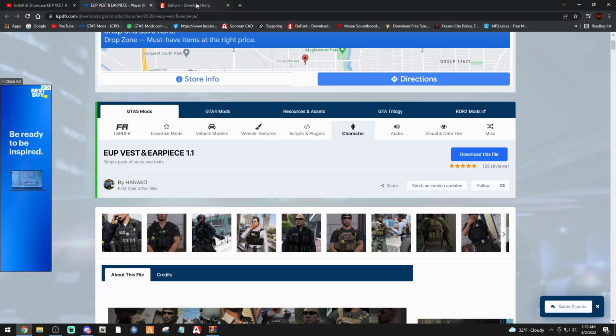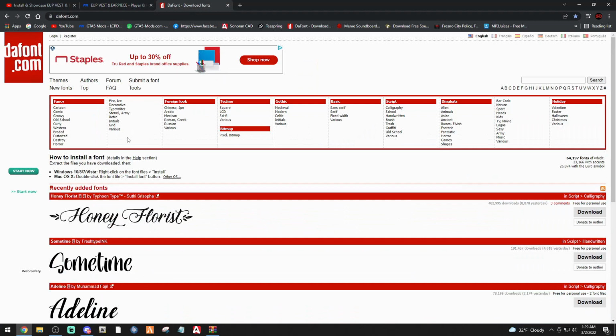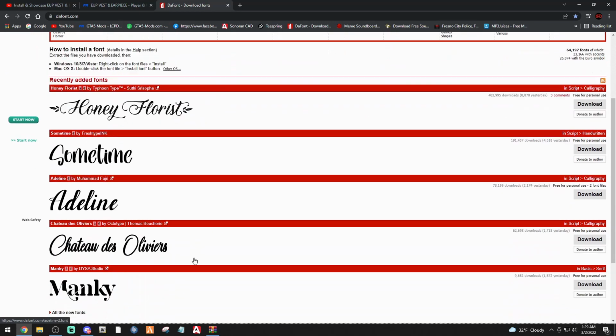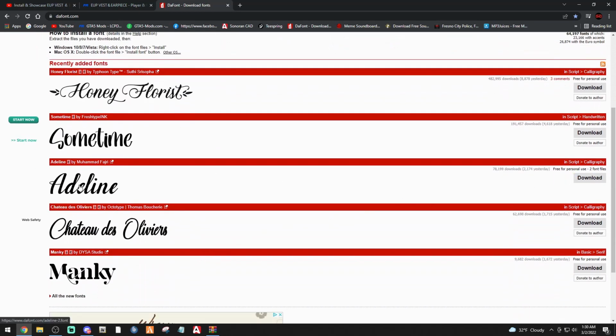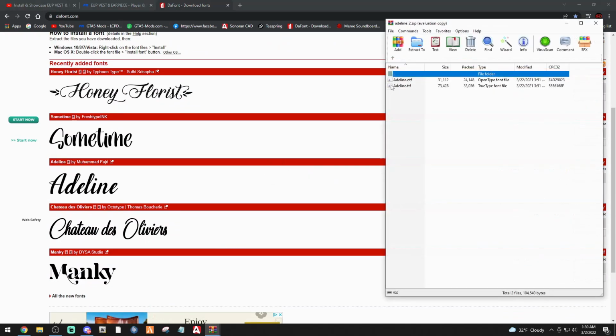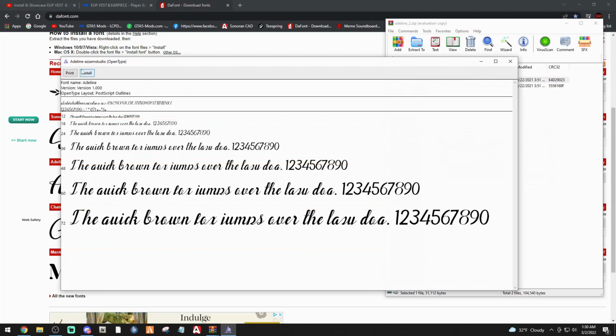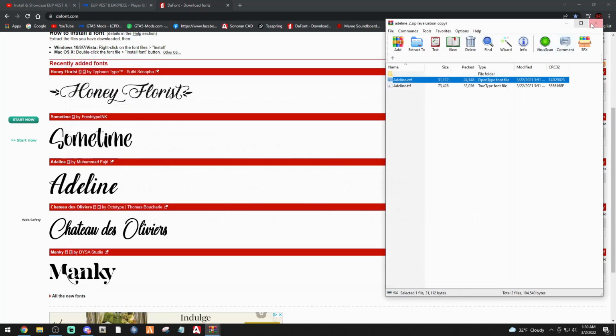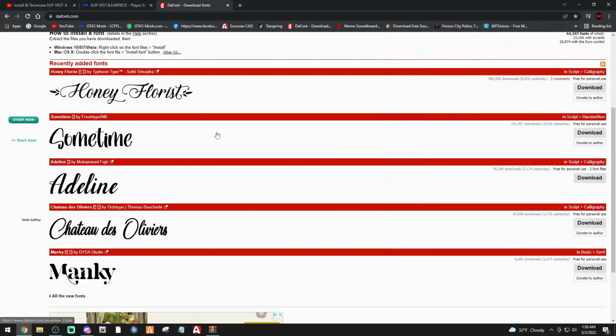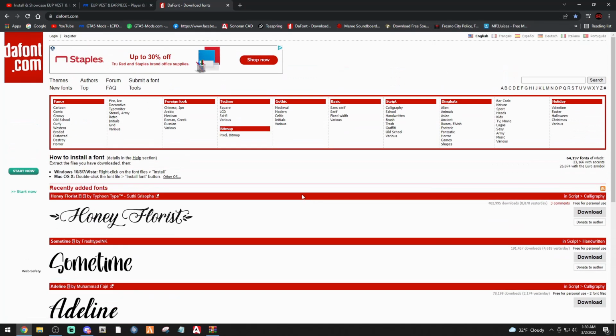Now, DaFont is awesome. If you've never been to DaFont, it's super easy to install fonts into your Paint.net. It's as easy as, you see a font you like, you click download, and it'll bring it up, and then you double click it and just click install, and that font is installed into your Paint.net. I don't know if this is compatible with other paint programs, but I use Paint.net. All right, so in the search bar right there, you're going to search